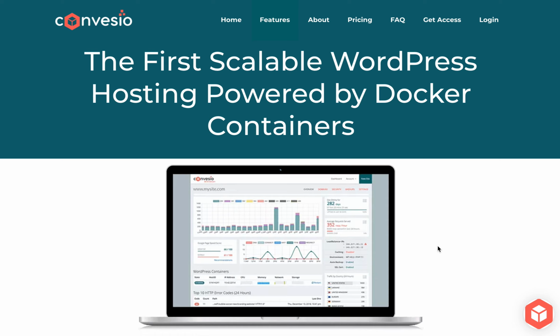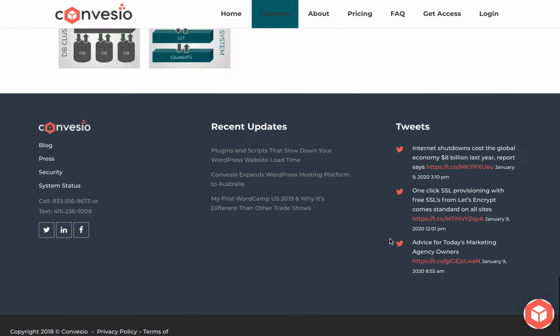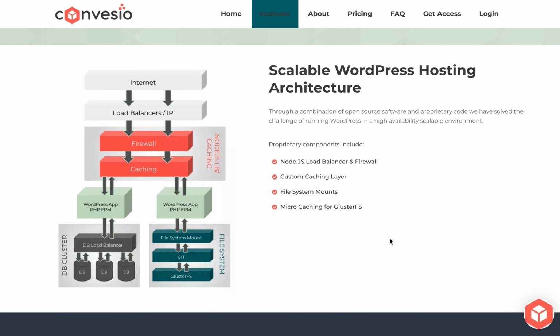I wanted to talk to you a little bit today and make a short video on some of the basics of how auto scaling works. So I'm going to first describe our architecture here. If you go to our features page, you can see this diagram, but basically the way our system works